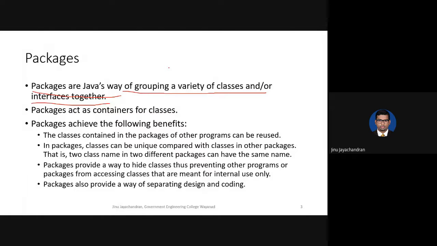Just like when you are packing something, you make a small pack where you have everything of similar things. For example, all your clothes will be in one pack, and all your electronic gadgets will be in another pack. So all the similar items are packed together, and you can put both these packs in a larger pack. That's something called a package. So it acts as a container for classes.